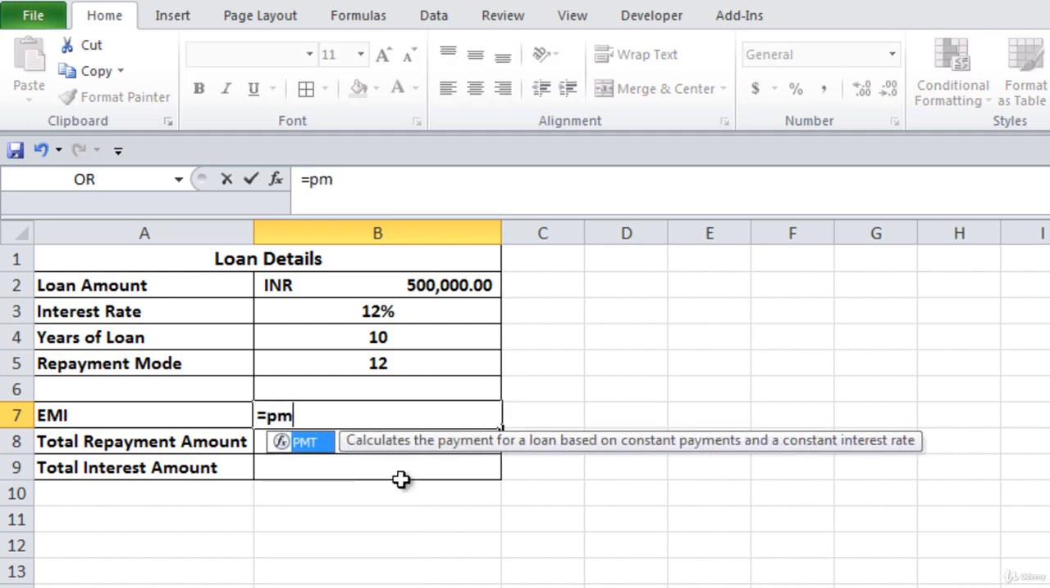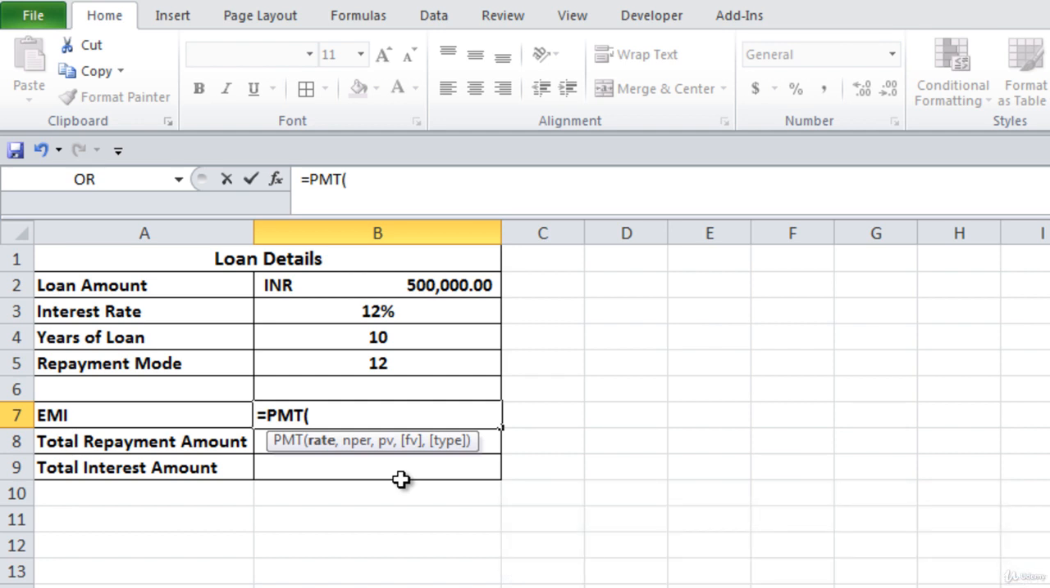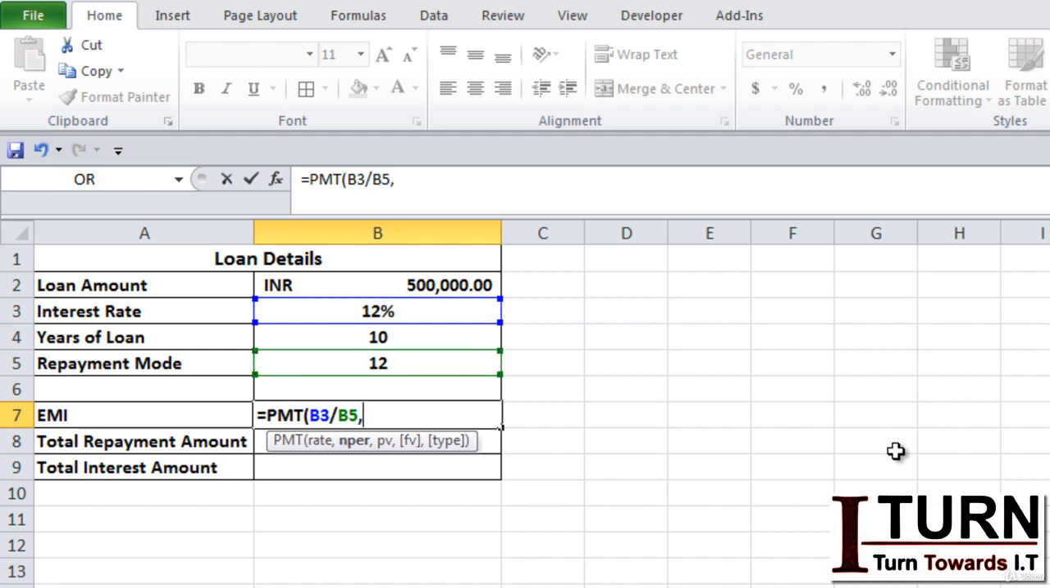So here we go. I'm typing PMT and the first parameter is rate. This means rate of interest, because that's going to be on an equated monthly installment basis. So as a rate of interest, I'm going to select the interest rate divided by repayment mode, comma, then you need to give nper. Nper means how many times you need to make the payment, and that can be calculated on the basis of repayment mode and for how many years you are going to make the payment. So 12 into 10, in this particular case it's going to be 120. This means 120 times you are going to make the payment,